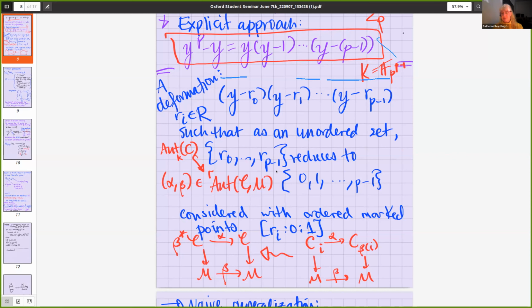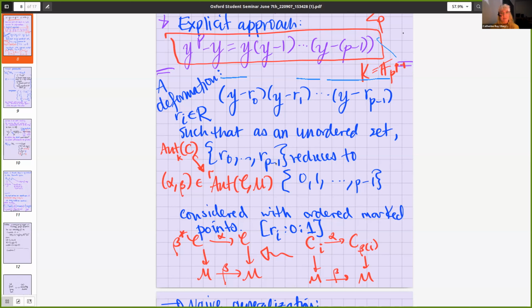And this space, which is actually a stack, as a Z mod p representation, is the reduced regular representation. It's the symmetric algebra of the reduced regular representation, which means that the group cohomology of the Z mod p action on the Lubin-Tate space, which is at height p minus 1, the E2 page of this spectral sequence related to the homotopy groups of spheres, is in fact just the action of Z mod p on the reduced regular representation of Z mod p, which allows you to completely compute the E2 page.